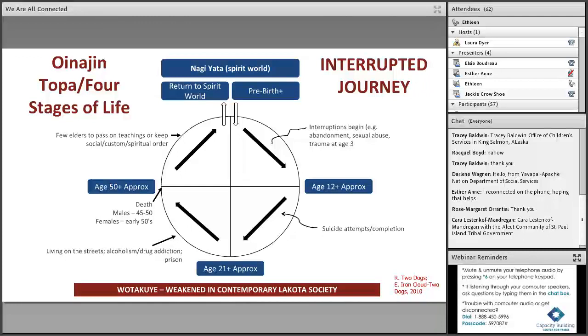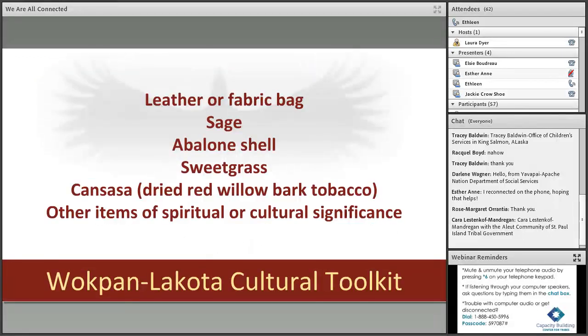Part of the healing process is to have a cultural toolkit, and this is, for us, one of our items in our cultural toolkit. We refer back to this constantly and consistently about what we're supposed to provide for our children and our grandchildren.